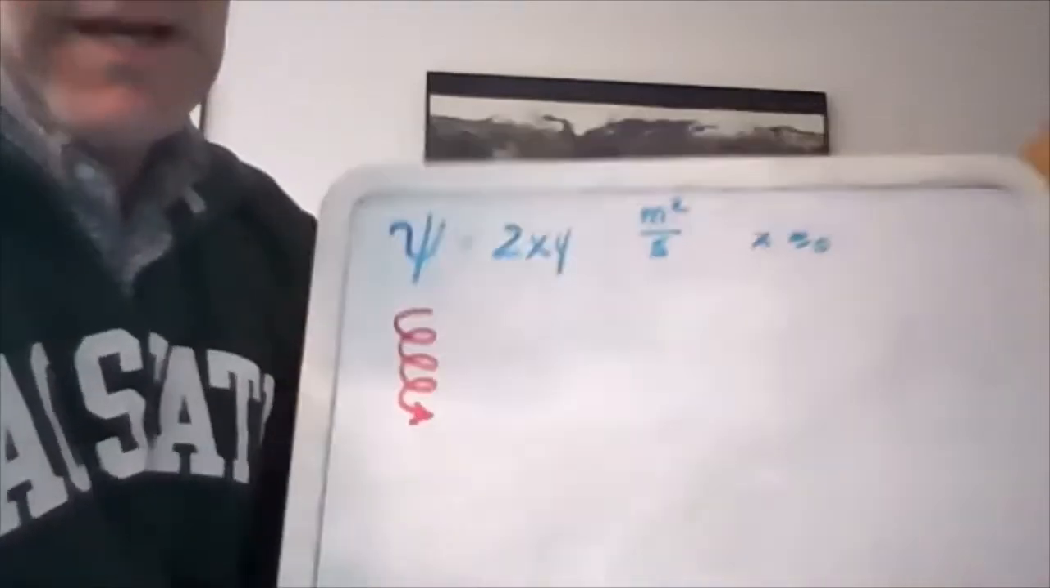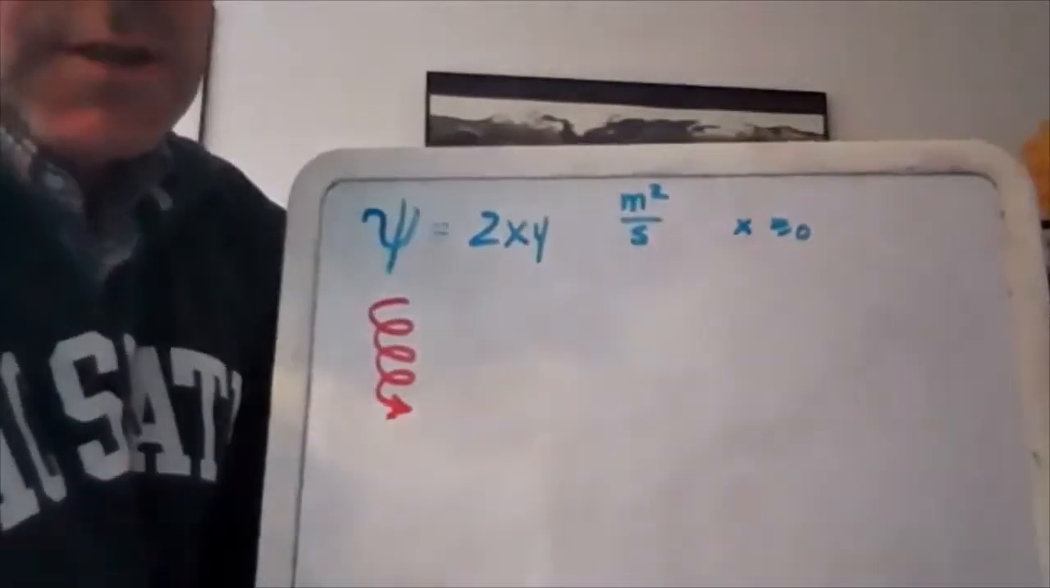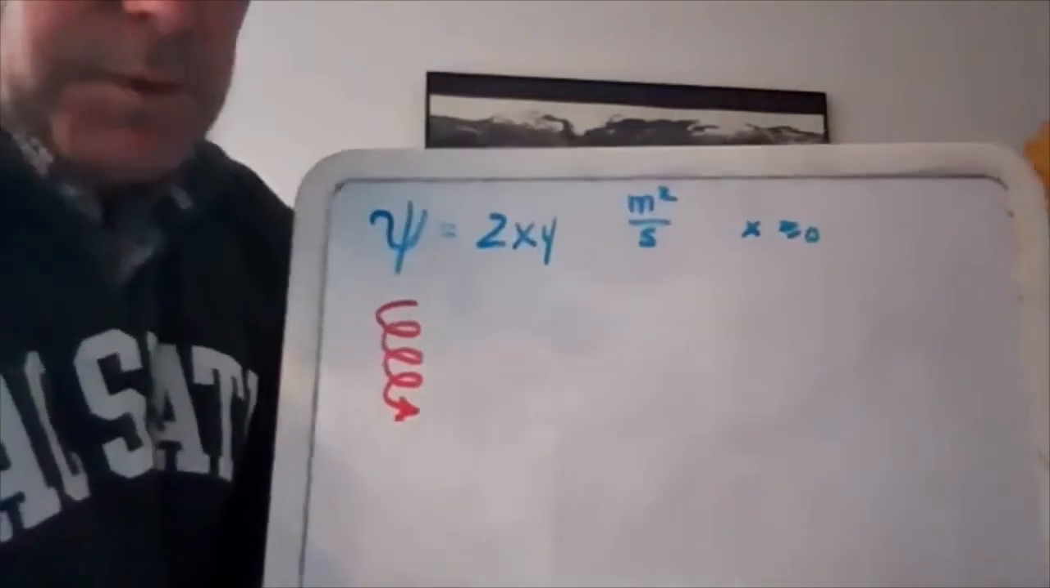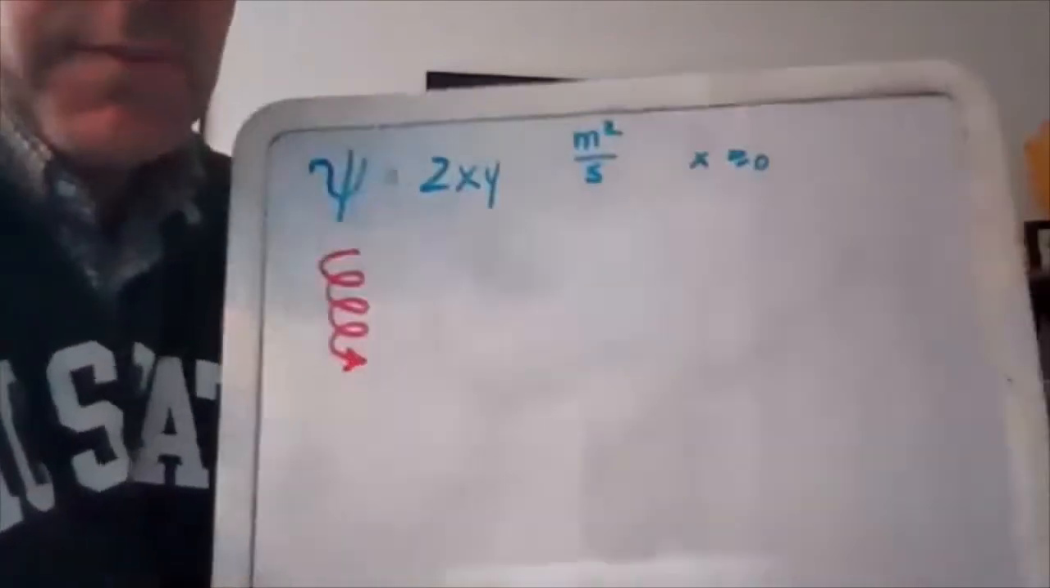Okay, so here's our example. We've got a stream function that's equal to 2xy, and we're going to show what we know about it. But before we get going, just something that I'd like to mention. What you eventually would like to be able to do if you get into this is to know maybe like